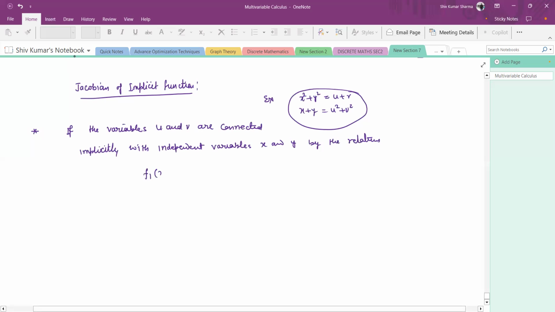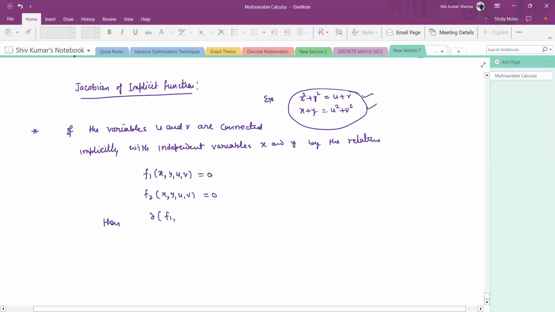we write down as f1 is a function. In such cases, we make functions equal to the number of relations, that means two relations are given. We make two functions, so f1 and f2 of all variables x, y, u, v is equal to 0. We make a number of functions as per the given relations. So two relations are there, so we make two functions of all variables x, y, u, and v. So then